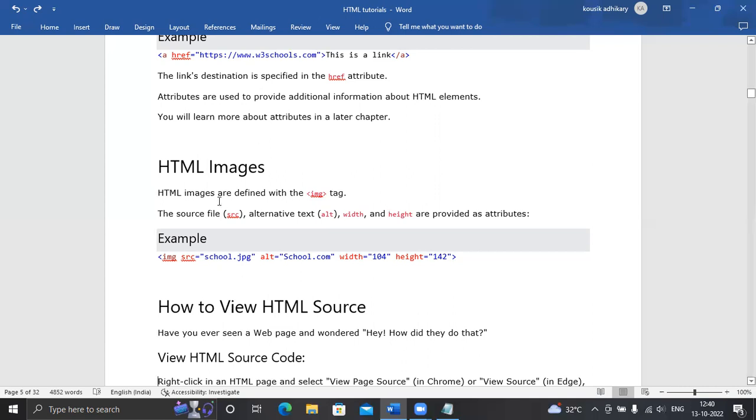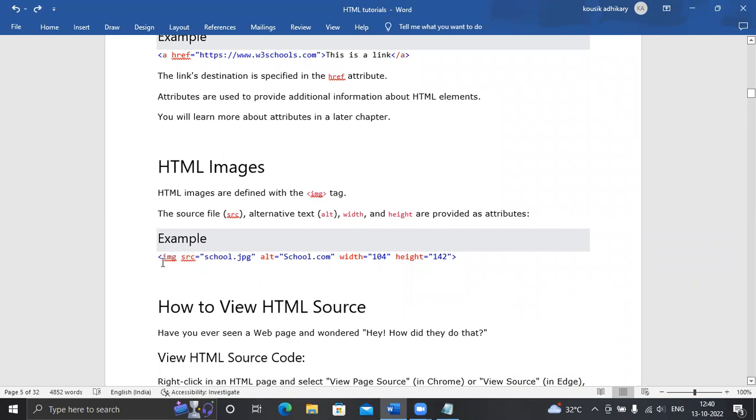Like that, if you want to add some images into your website, you need to use the image tag. What is the syntax? The image tag doesn't have any closing tag, like the br tag.